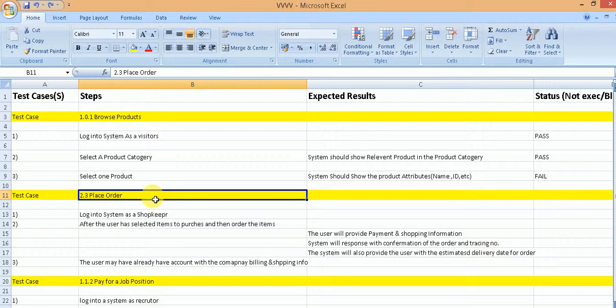So let us say in a particular test run you select browse products and you select place order. You don't select pay for a job posting. So these 2 test cases together, browse products and place order, this collection of the 2 test cases that you have planned to execute, is called the test script.